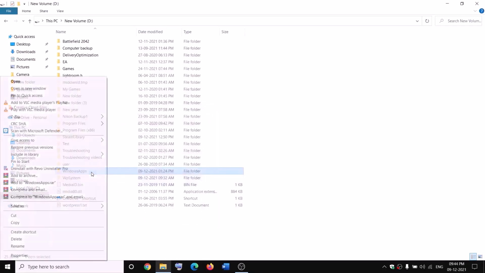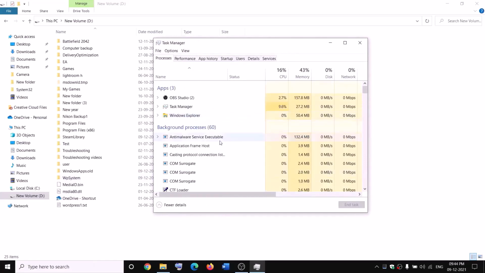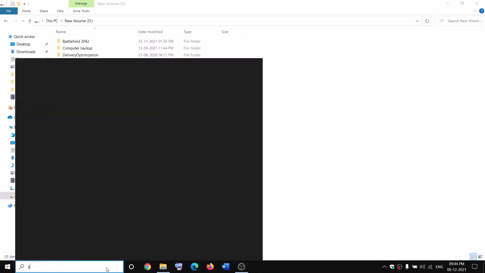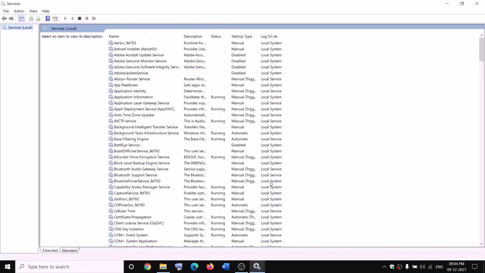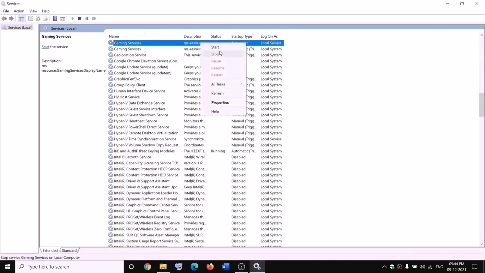Now make a right click on Windows apps and then click on rename and then rename it as Windows apps.old. Now while renaming it, if you receive any kind of error message which says file is open, in that case open Task Manager on your computer, make a right click on the start menu, click on Task Manager. Now if you find Gaming Services, make a right click and then click on End Task, and also open Services over here and then go to Services and find Gaming Services,